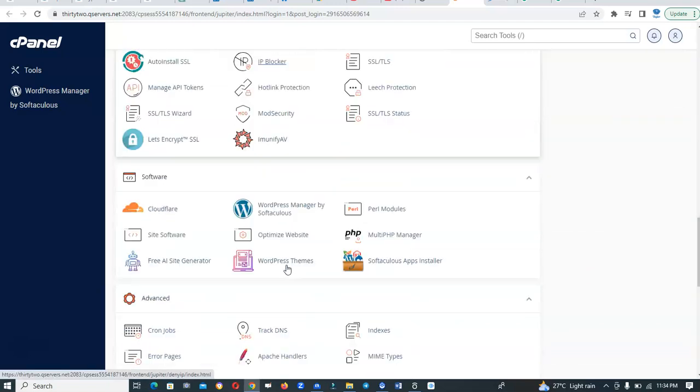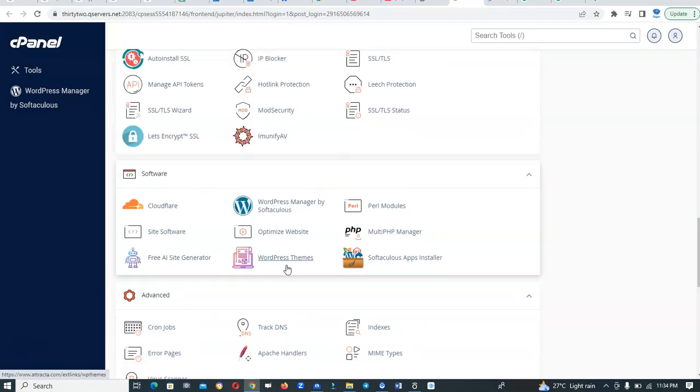Then the metrics of your website, you can get it from here. Then these are software. After purchasing your web hosting, it's just like a virgin land. You can decide to build a website, you can decide to build anything you want. So when you're talking about all this software, after your hosting, they give you access to the control panel. Then you can come inside this and determine which kind of software you want to install on the hosting. You can decide to install